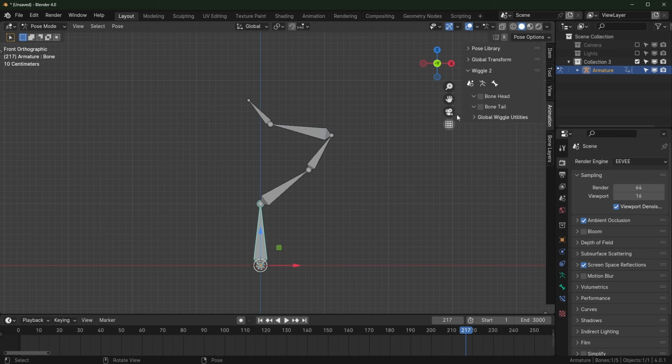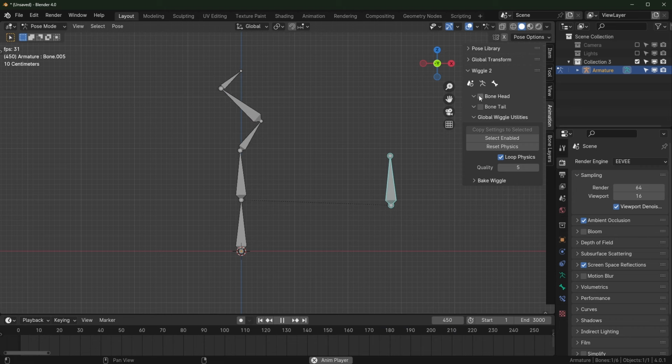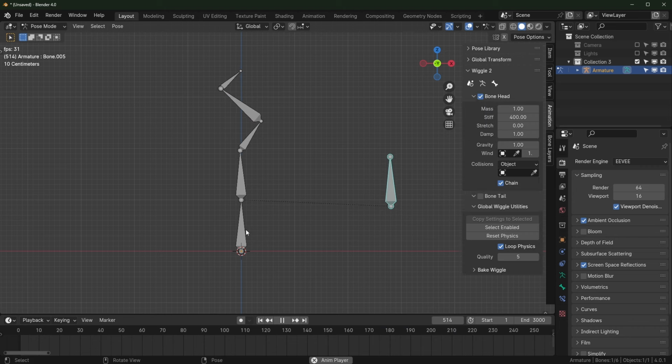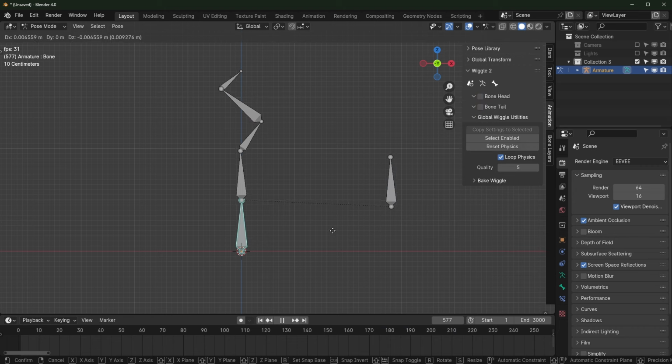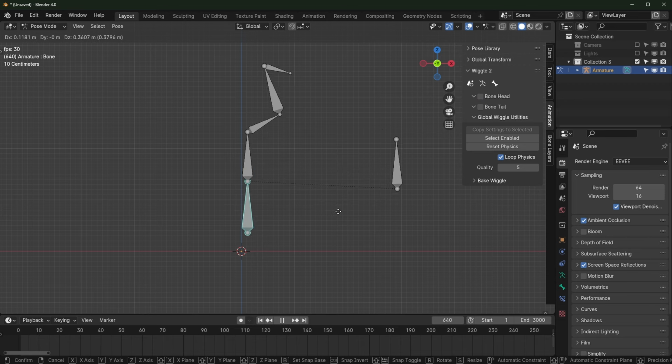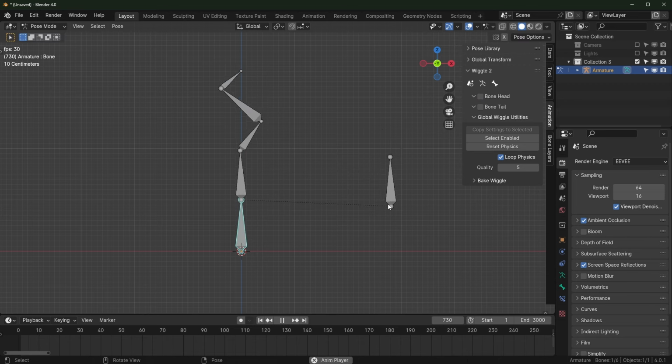So now when I move this, you can see all of those are rotating. This one is also rotating. If I turn tail off, it will no longer rotate. If I turn head on, it will move around, but it won't rotate. I don't know if that makes any sense. You can see it's kind of bobbling, and this only works if nothing is attached to the head, I believe. So you can see this thick